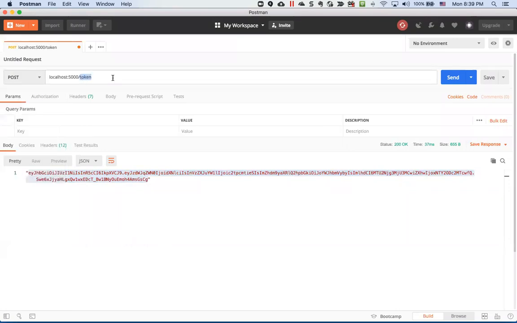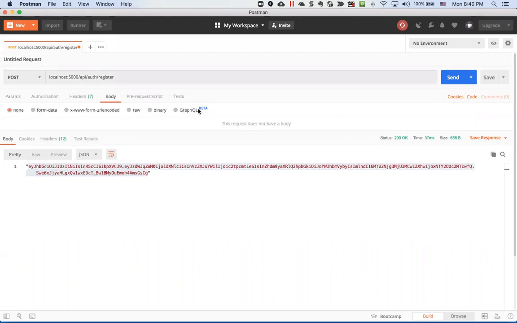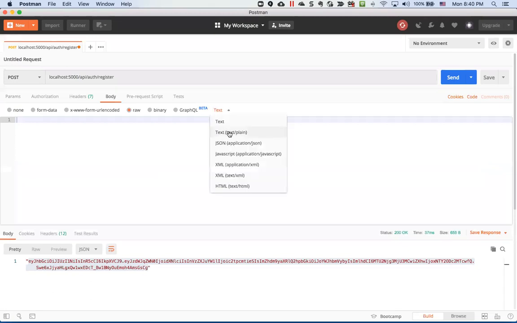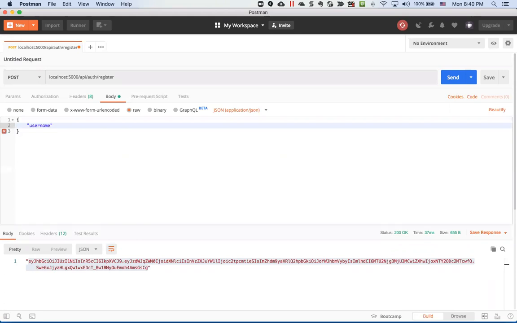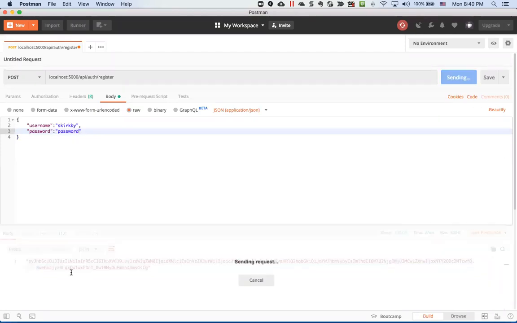We're going to call post register, and then we need to create a body, which is going to be raw JSON, username. Then I'm going to be extremely insecure here and make my password. Not very imaginative tonight. Okay, so now if I register this user, then I should get the user object back,